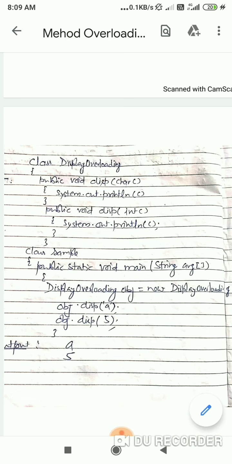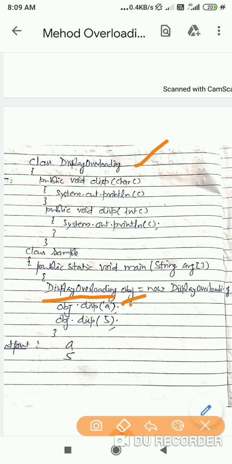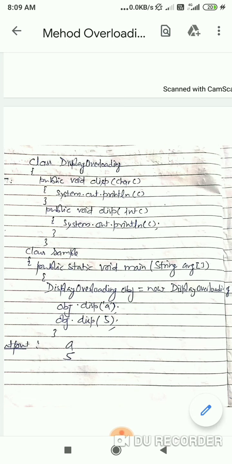In our class's public static void main, we create an object of that particular class: DisplayOverloading obj = new DisplayOverloading.